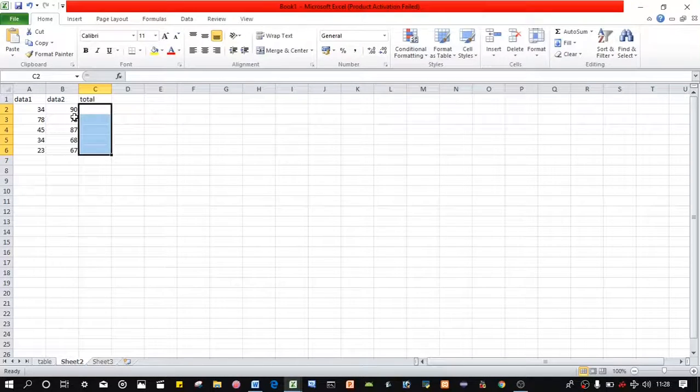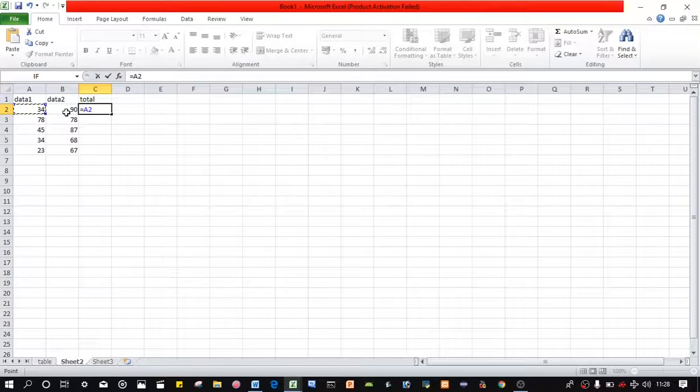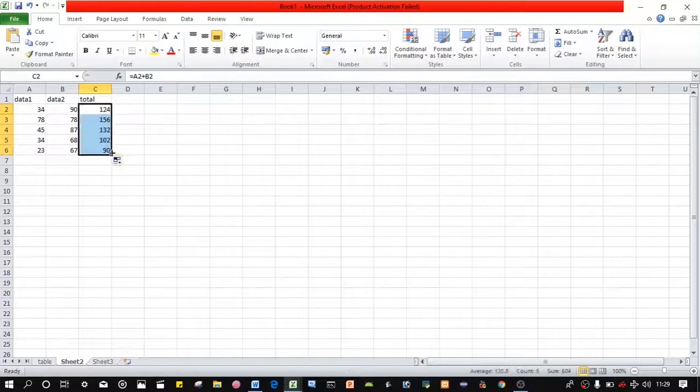I am clearing again. So firstly click and press the equal to button. After pressing the equal to button you have to click here, then press a plus sign, then click here, then enter. This is the value. So click on 124, and when the plus sign appears, there are two types of plus sign. Here is one plus sign, that means entering a cell, and the second one is this plus sign. When this plus sign comes, you have to click on that point and drag down to the bottom. This is the way to copy the formula.